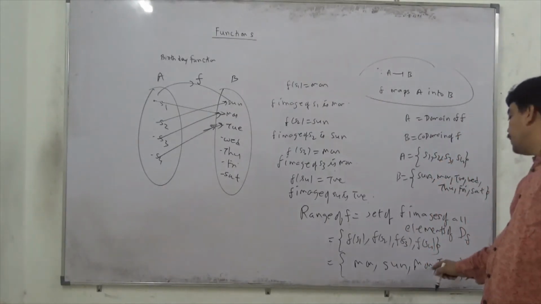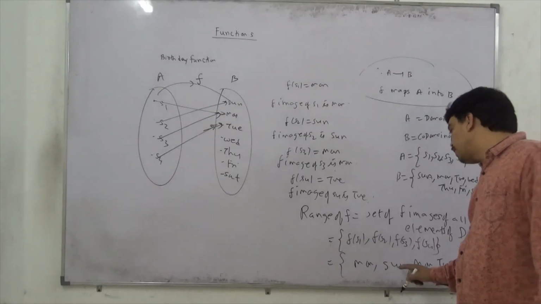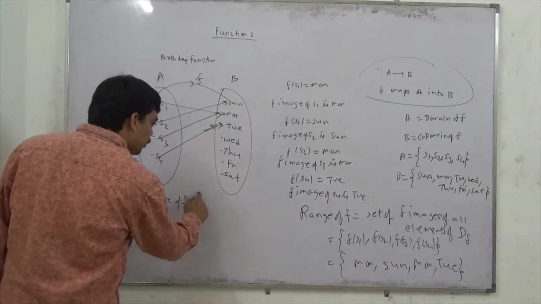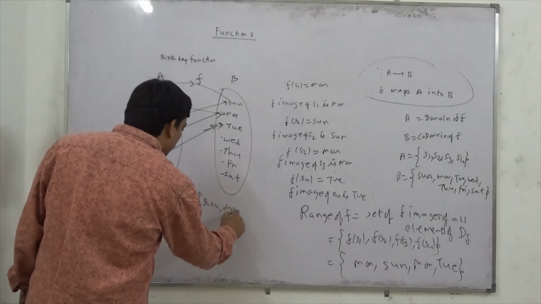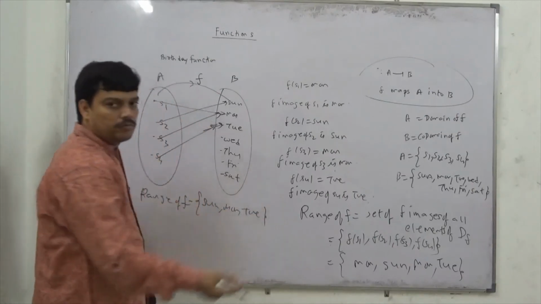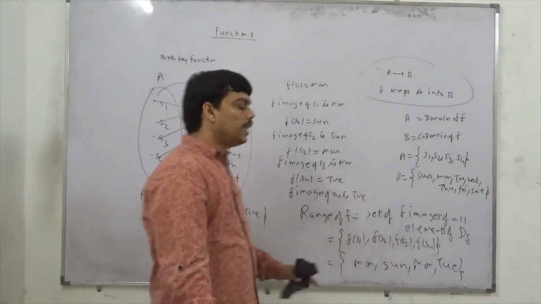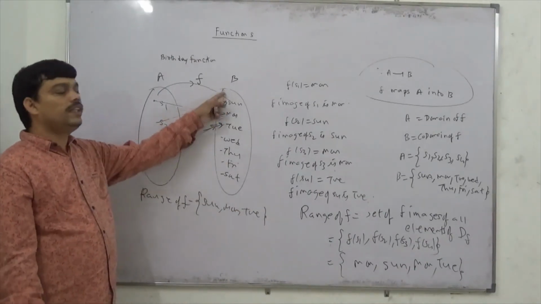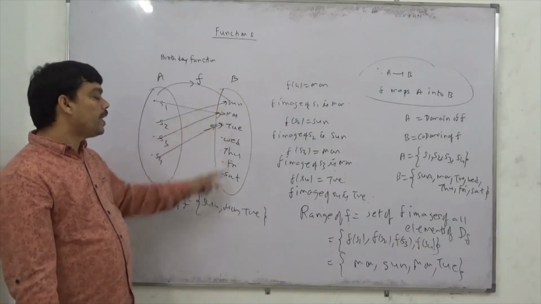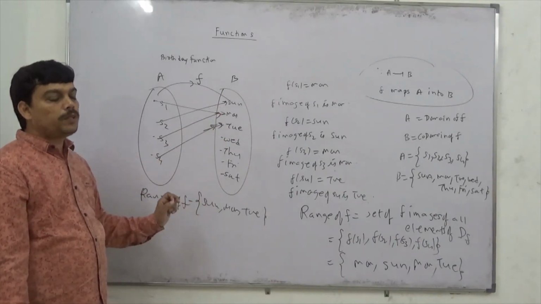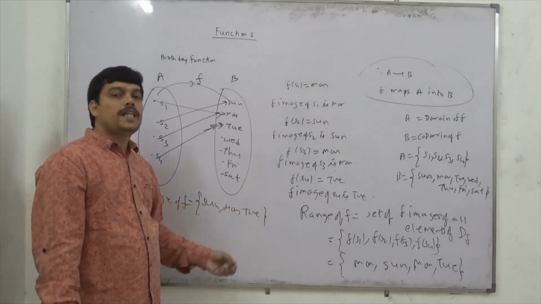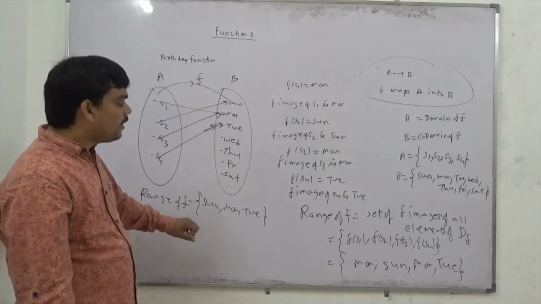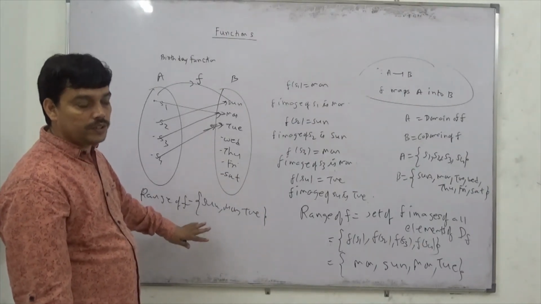Generally in a set, when there is a duplication of elements, you can write it only once. So you can also write the range set as range of f is equal to Sunday, Monday, Tuesday. Of course we can change the order, and because Monday is repeated twice, you write it once. So this is the range set. What we can notice here is every element that you wrote in the range is a part of the codomain, but all the elements of the codomain are not there in the range. But sometimes it is possible that range and codomain are equal. Based on that, we define different categories of functions like onto functions and into functions, but that we'll be doing in the later part of the chapter under kinds of functions.